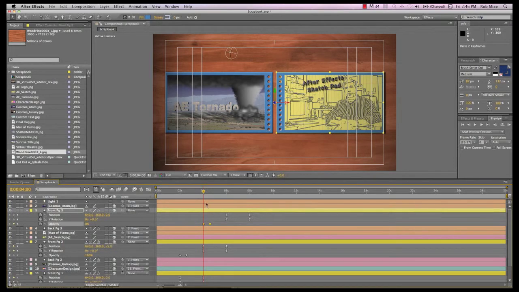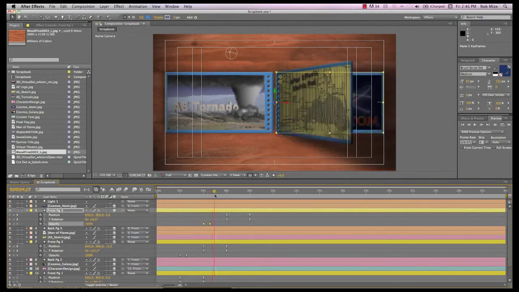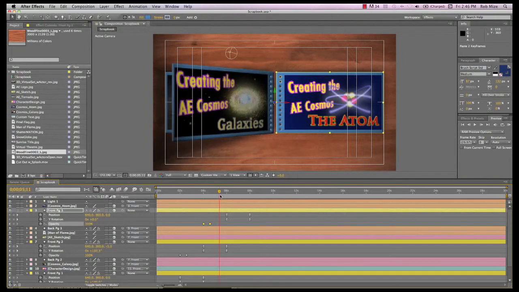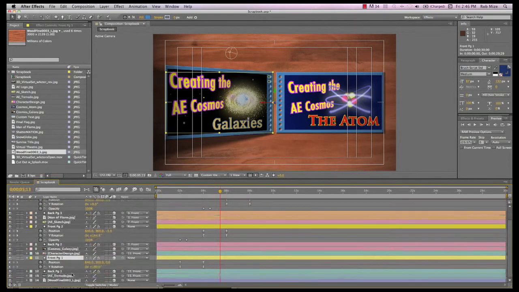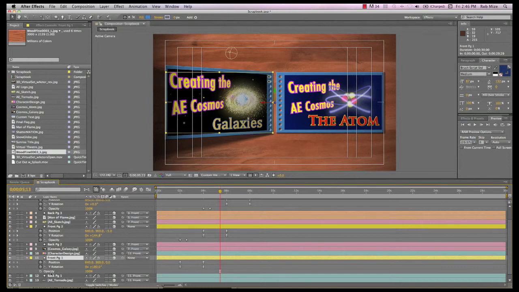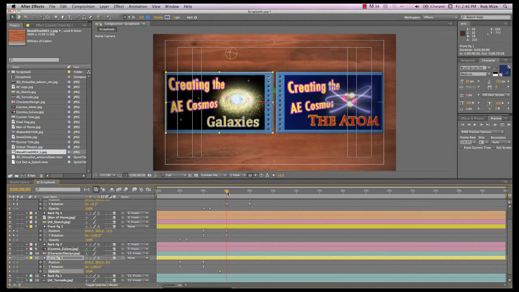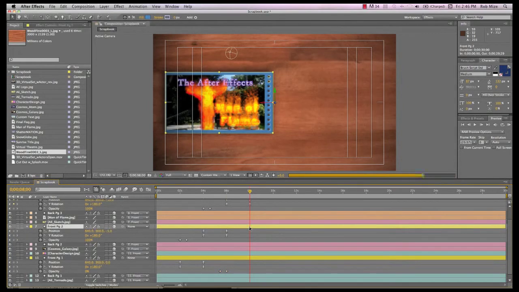So we'll do that for the subsequent pages, page 3. Actually, I'll just copy and paste those opacity keyframes. But we'll also adjust the opacity so that it fades out as page 2 comes on top of page 1. Look at these project files, and I hope that will make sense to you. I'm just avoiding these shadow layers piling up on each other and making the shadow darker, darker, and darker.